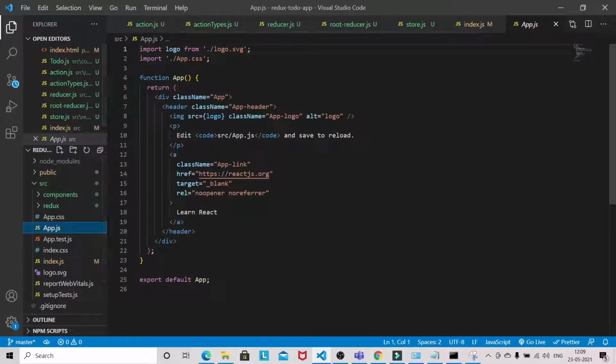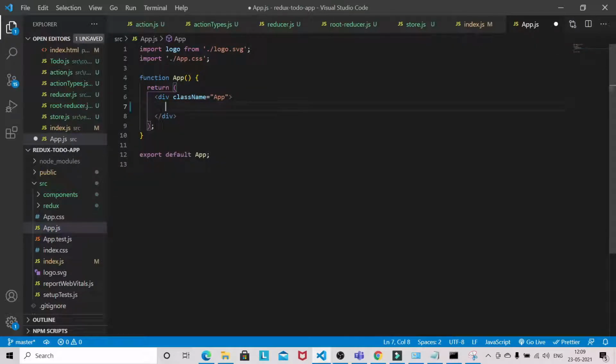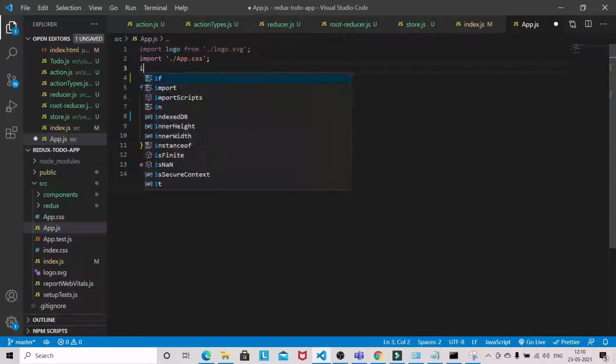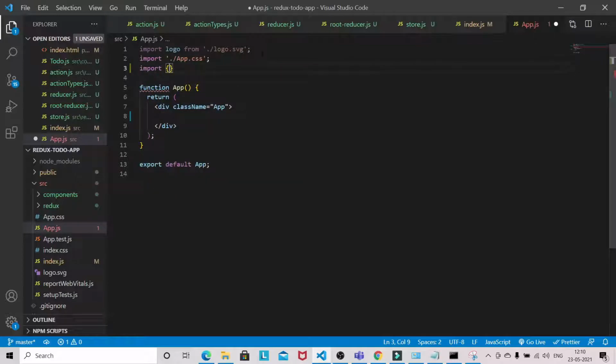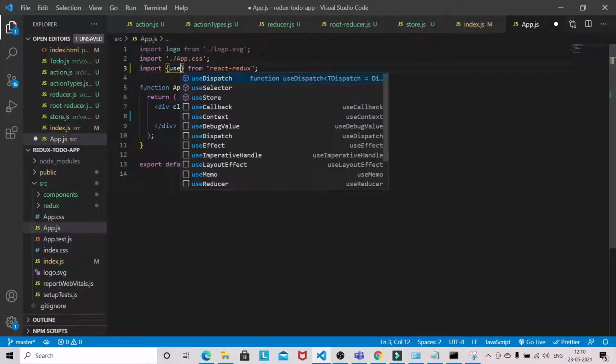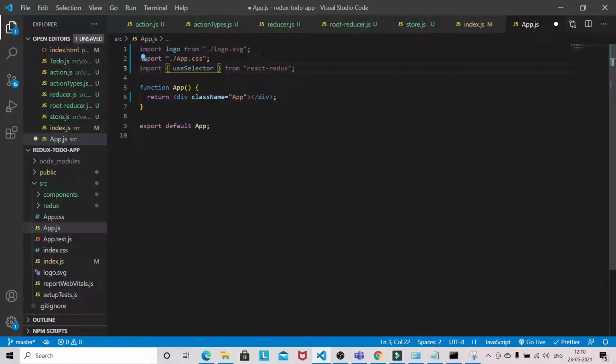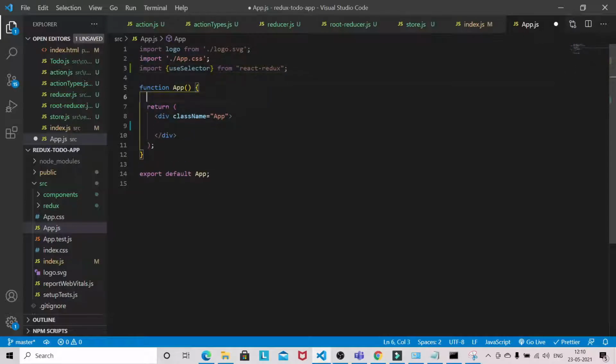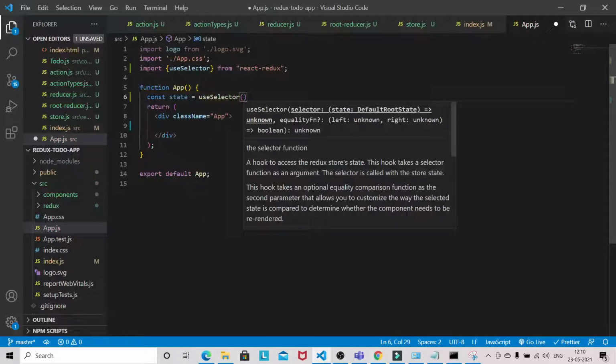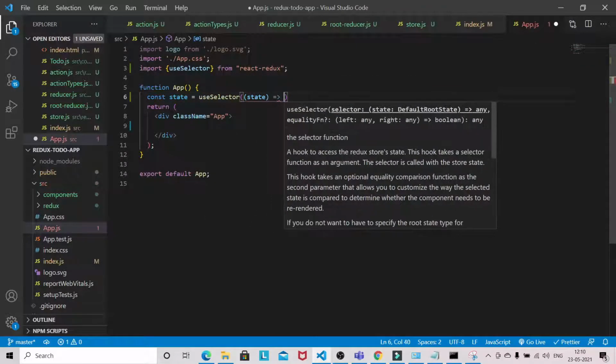So if you really want to see the application, I'll just demo. You can import from React Redux. You can use useSelector to extract the state from the reducer or store basically. So const state = useSelector. You can do something like this.